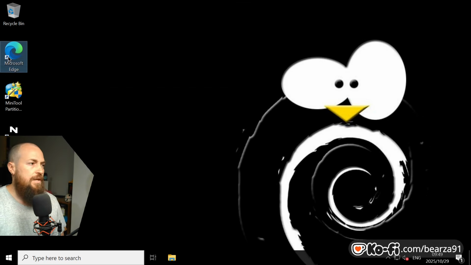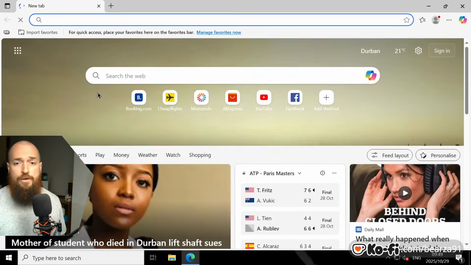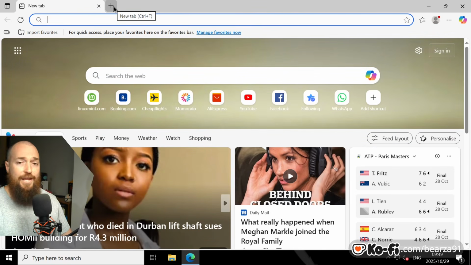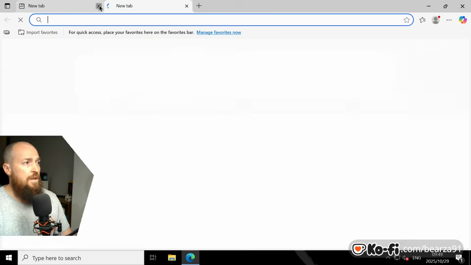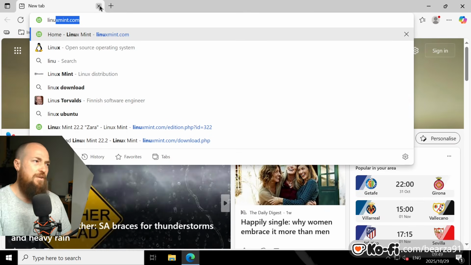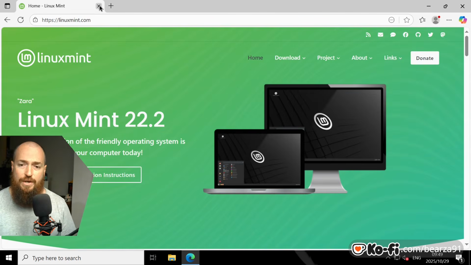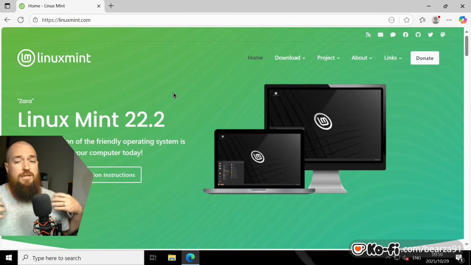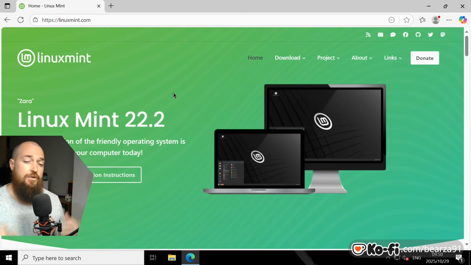But yeah, let's head over to your favorite browser. It could be Chrome, it could be whatever, doesn't matter. I'm using Edge here today. And first things first, we want to head over to linuxmint.com. And I mean, if you know of any other flavors that you want to try, this process will be pretty much the same. But we're gonna click on this big download button,